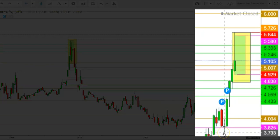$3.733 when the current uptrend started during the mid of August 2021, and the natural gas futures finally tested a peak at the levels of $5.644 during the last week. So friends, here you can see that a sharp fall was there after testing the level of $5.644 during the last week. The natural gas futures found sharp sell-off from these levels and finally tested a low at the levels of $4.888 on last Friday and finally closed the week at the levels of